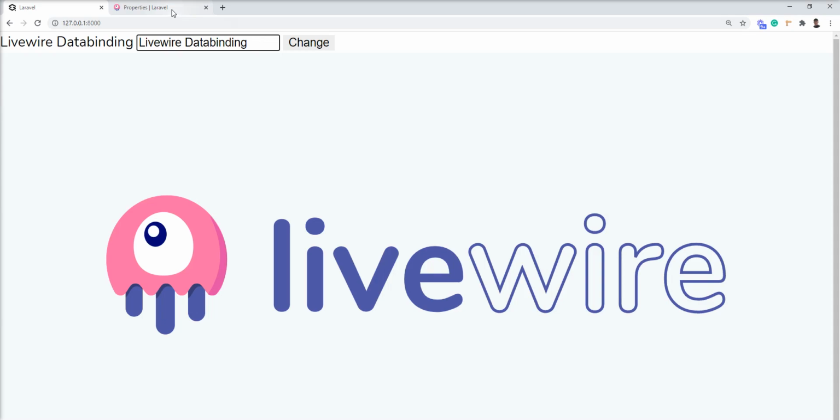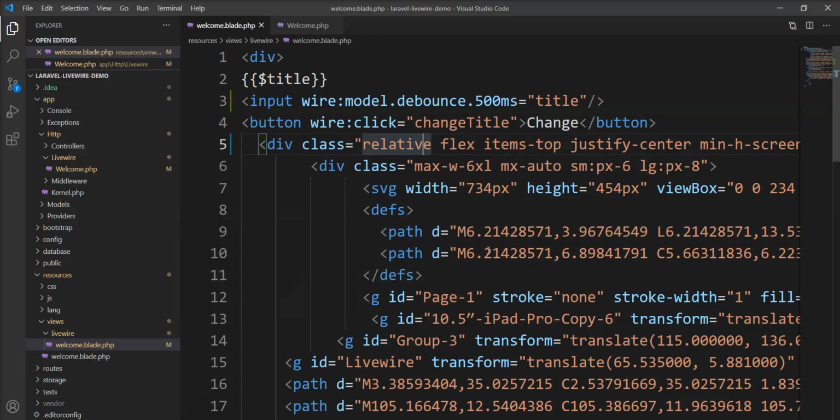Second one is lazy update. The lazy update option is useful when you want to type everything and then focus out of the element. Let me specify.